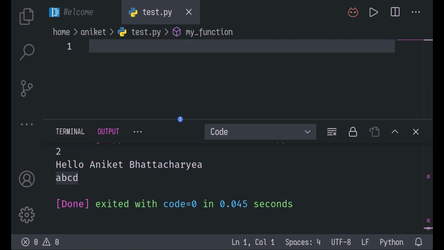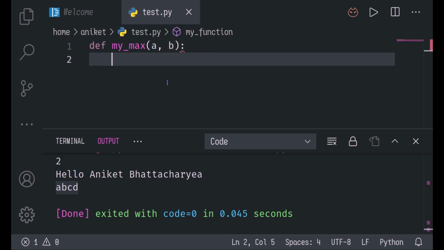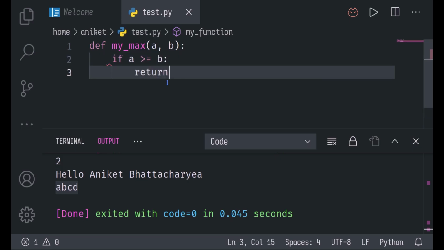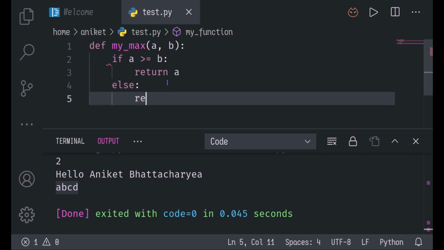So just to drive the point clear, let us write a function. Let's call it my max. This will take two things as argument, let's call them a and b, and will return the maximum one of them. So let us write a little simple block. If a is bigger than or equal to b, you return a, else you return b. So as you can see, a function can have more than one return